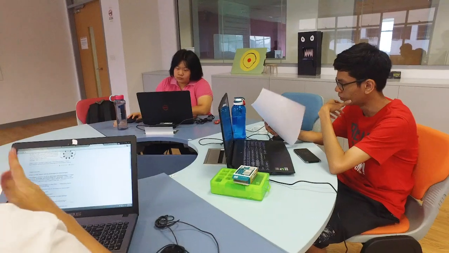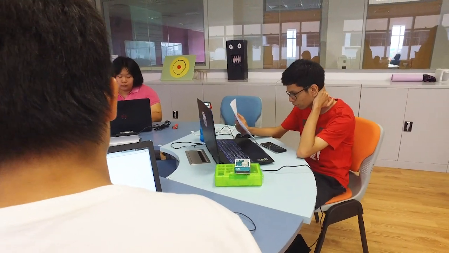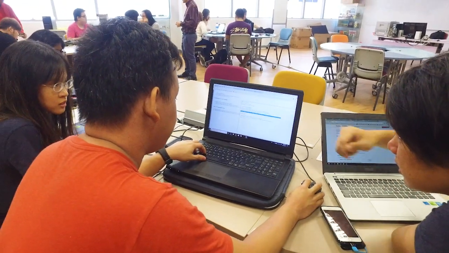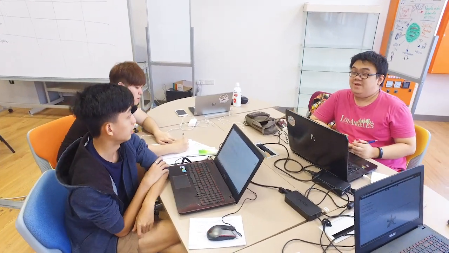In the workshop phase, the students go through a cycle which I like to call think, discuss, present, and feedback. In the thinking phase, the students are presented with an idea or a technology to start them off thinking about things. So this usually comes in the form of a video. After which, they will move on to the discussion stage, where within their own groups, they will start talking about it with each other. So at this stage, they can be gathering resources from the internet, basically to gather facts, ideas, as well as data about the thing that they are looking at, and discuss things through with each other.